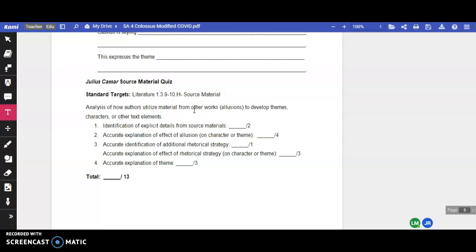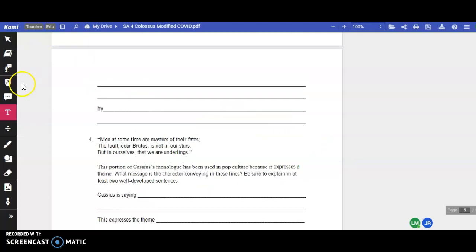Do you have an accurate identification of additional rhetorical strategy? That's 1 point. Accurate explanation of effect of rhetorical strategy on character or theme? That's 3 points. And then an accurate explanation of theme is 3 points for a total of 13 points. If you have any questions, or if you need me to repeat any of these questions for you,